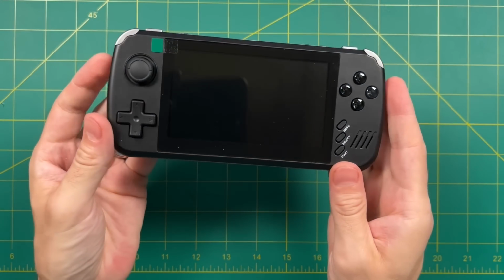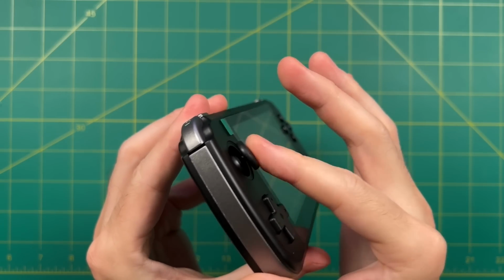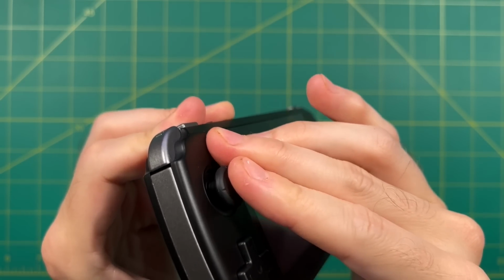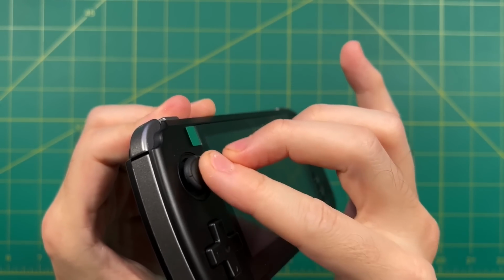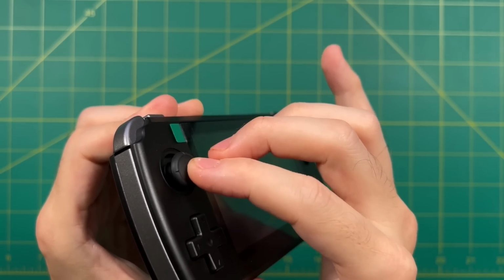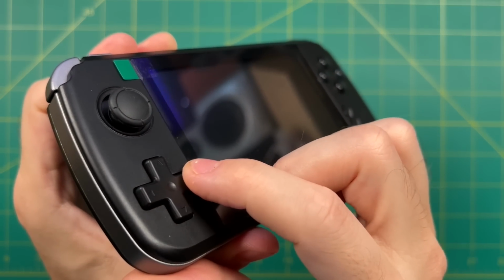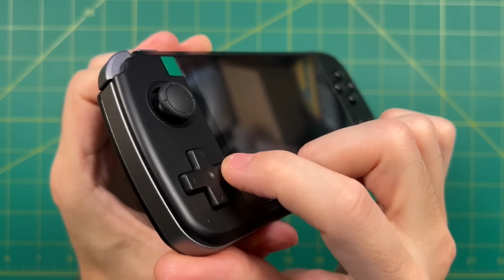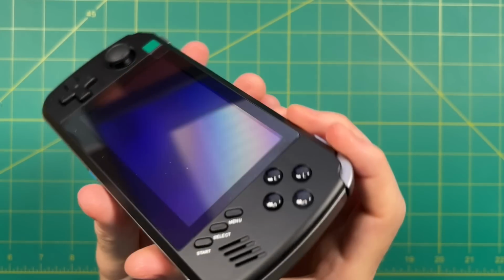So now let's take a look at the front of the device. First thing here, we have a Nintendo Switch style analog stick, but this does not click down for L3. But it feels pretty good. It reminds me of the analog sticks that were on something like the original Retroid Pocket 1. Either way, nice and sturdy. Now the D-pad uses a rubber membrane connection, but it feels a little bit looser than the D-pads I'm used to. If anything, I would say it's kind of reminiscent of a D-pad that's been broken in for a few years. So I would say this D-pad is not very tight or precise,